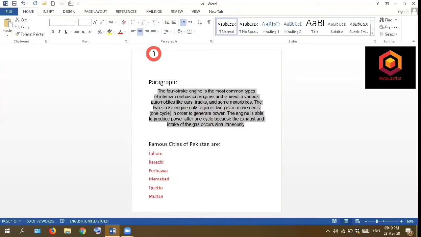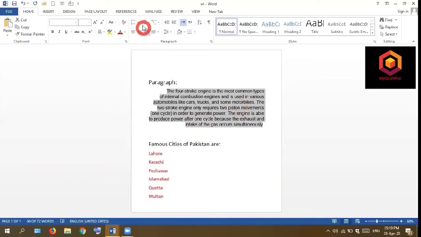Now, the next is right alignment. If I click on this button, it says align right and the shortcut is Control R. When I select this option, you see that the text moves towards the right and towards the left the space is empty. So this is called right alignment. By default we use left alignment. So this is how we can align our text to the right.